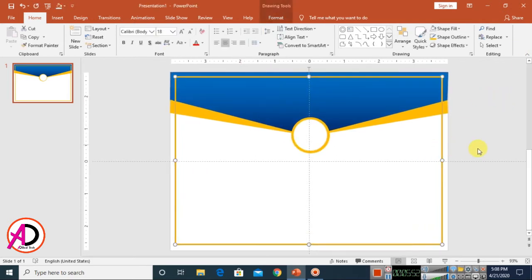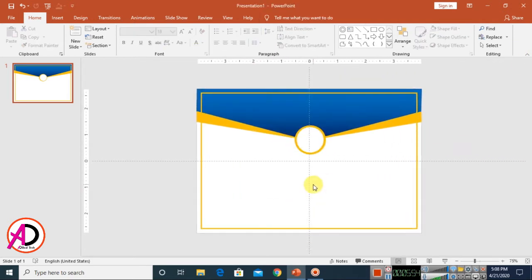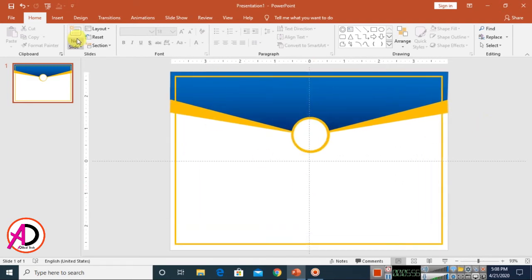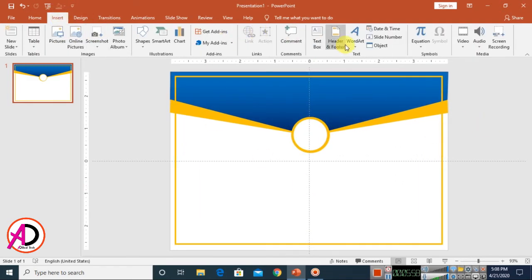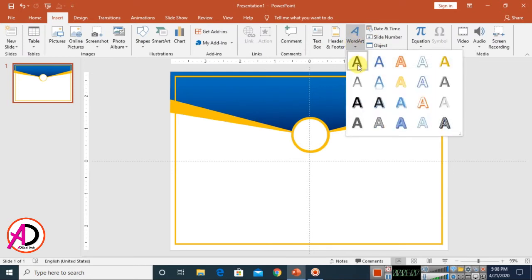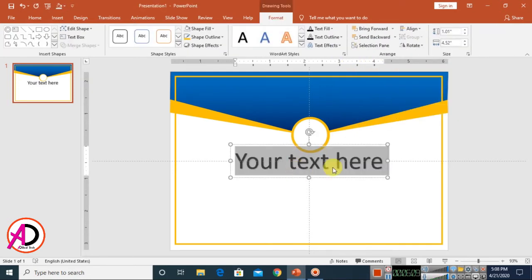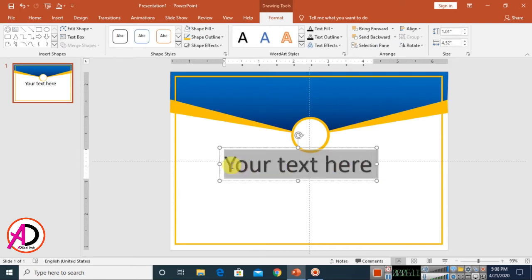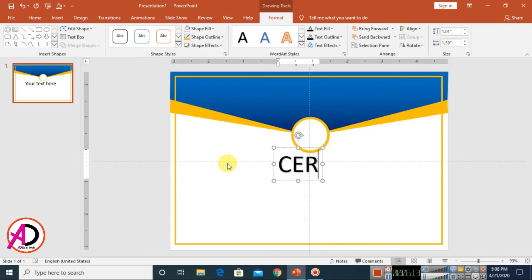Click this a little bit. Then type your certificate here. Then go to Insert and you can choose the WordArt style also here. Then you can go to Home and Text Box also here. You can choose any text here. Simply, I choose this WordArt style. Maybe I choose this WordArt style. Simply, I select here and type the